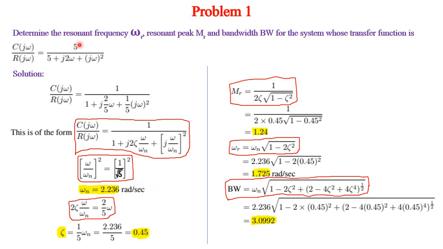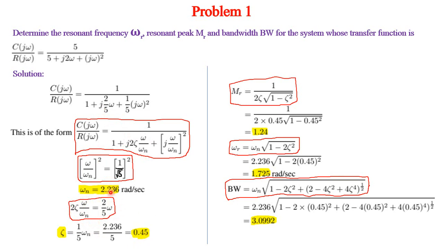This can be even written straight away from this. Anyway, this is omega n square only. Therefore omega n is square root of that. Even we need not go up to this, but for finding this we may have to go. So 2 zeta omega by omega n is this, 1 plus j 2 zeta u is equal to this. So 2 zeta into omega by omega n, 2 zeta u is equal to 2 by 5 into omega. So omega you can cancel, so j2 cancel, so zeta is equal to omega n will go this side, omega n by 5, therefore 0.45.